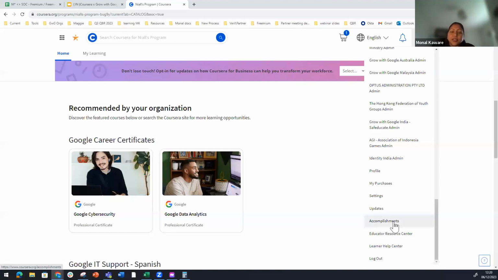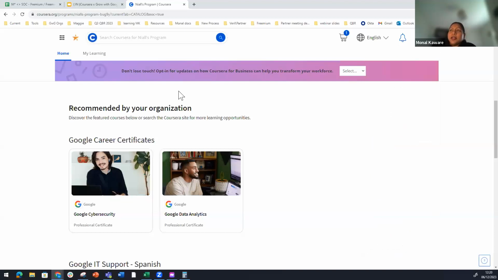Whatever your email address is, you can log in to Coursera anytime, and in accomplishments, all your course certificates will be saved. And there we also have the Learner Help Center, which is very handy to have here to reach out to our support center that can help with any of your technical queries. So yeah, in the home page,